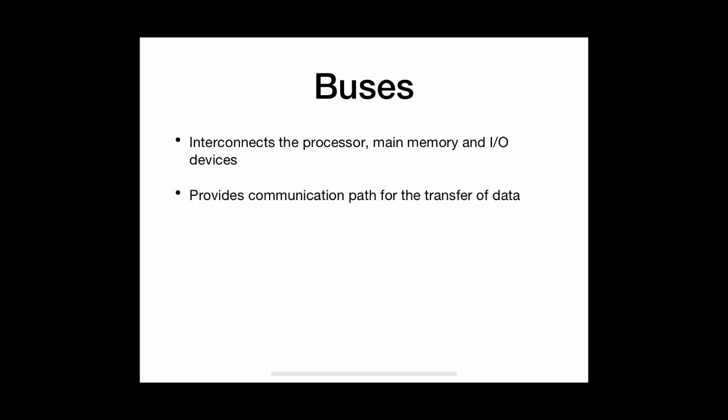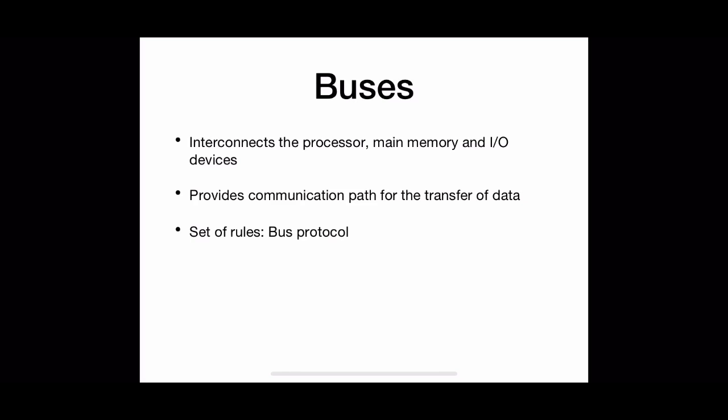And the control information is not just a read or write command. Instead, a lot of other information, like a set of signals to support the interrupt mechanism, bus arbitration, etc., is also there. Now, how is access to the same bus by multiple devices managed without any conflict? So definitely a set of rules should be there, and these rules are called bus protocols. So we can say that bus protocols are a set of rules that govern the behavior of various devices. They decide when to place data on the bus, when to assert a control signal, or how long a corresponding control signal should be asserted, like that.